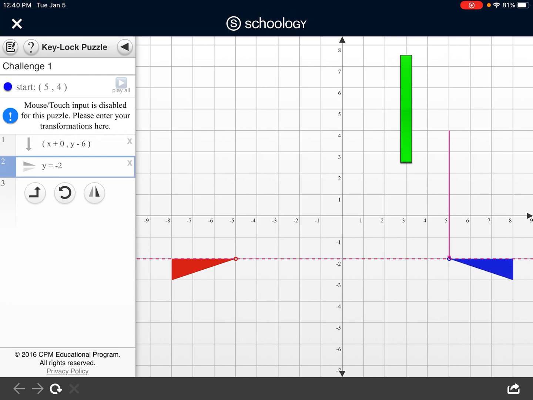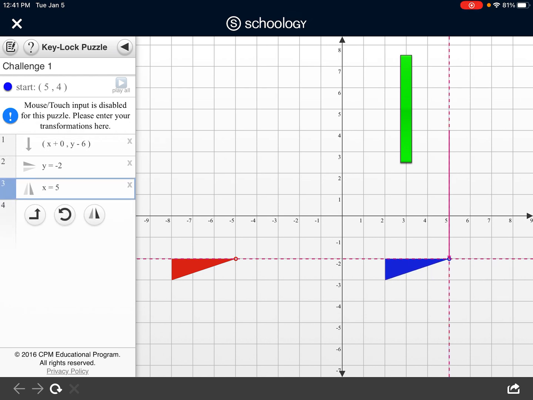Okay? So then I'm going to flip it again because it's not going the same direction as the red one. So this time I'm going to flip it the opposite direction, and it's going to be about X equals 5. So now it's going the same direction, and now I need to slide it left to match up